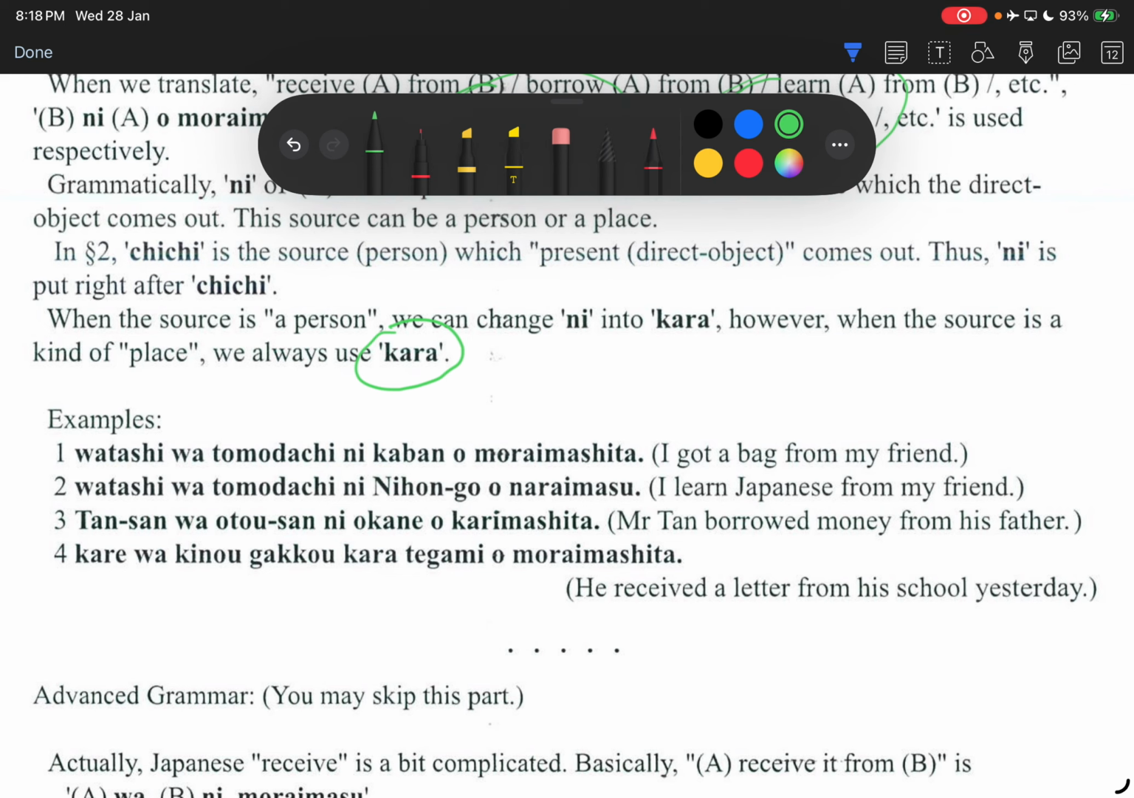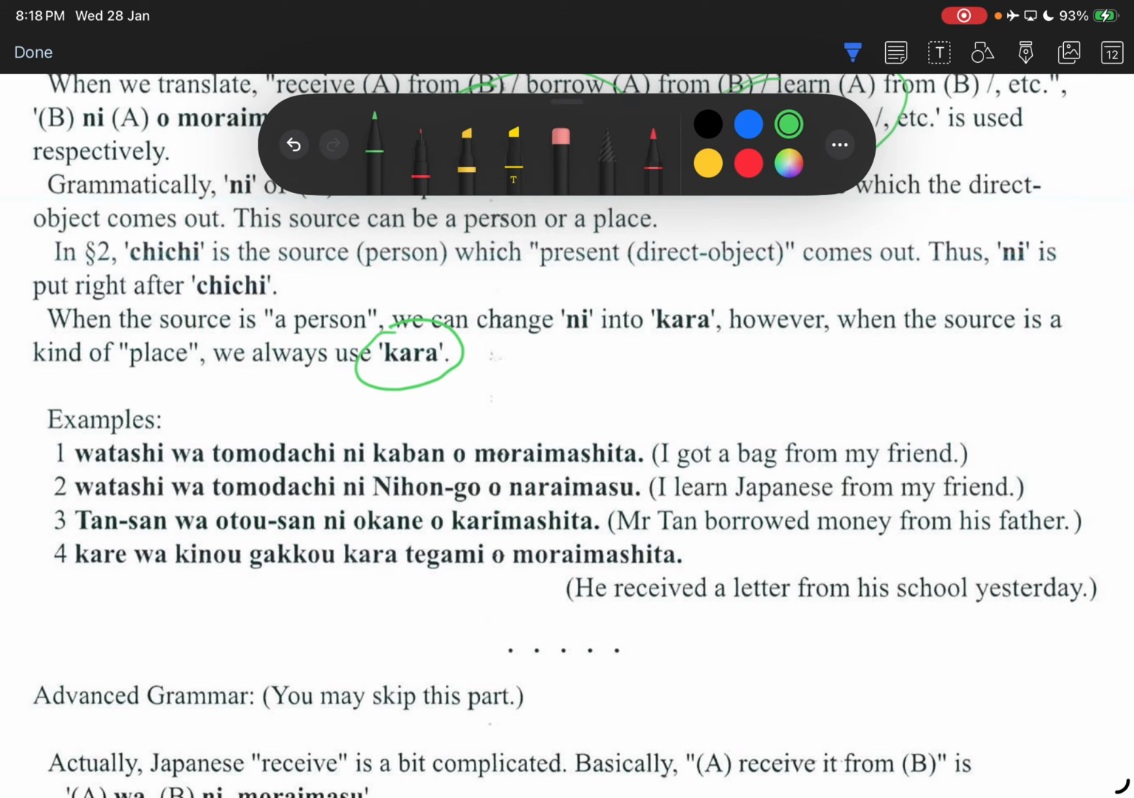Just now you were saying we can change ni into kara when it's receiving from a person. Yes, correct. But then how come the paragraph says, however, when the source is a kind of place, we always use kara? Okay, so kara we use it for location, right? From when to when? Okay, I think I made a confusion just now. I said something wrong just now. So I said that we only change ni to kara when it's a person, right? So in this case,